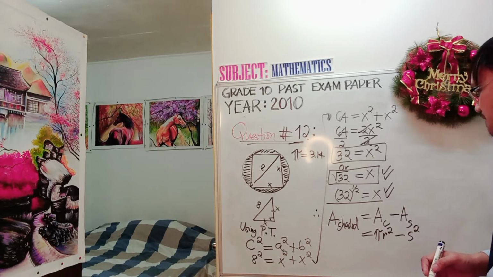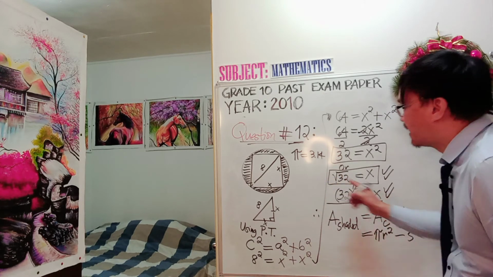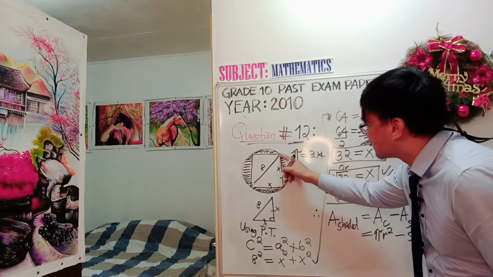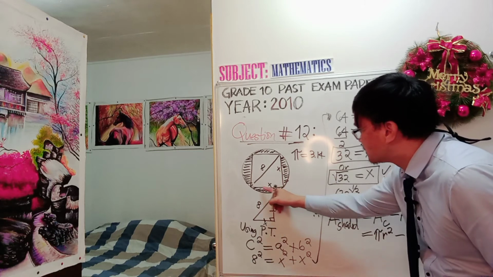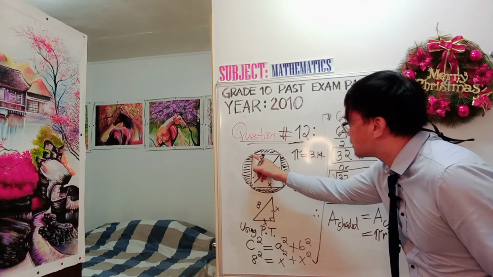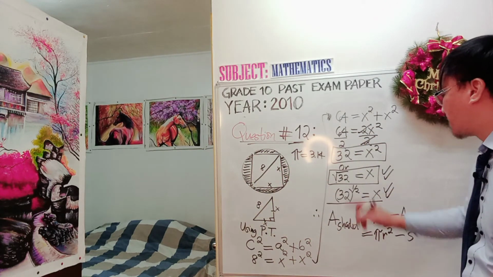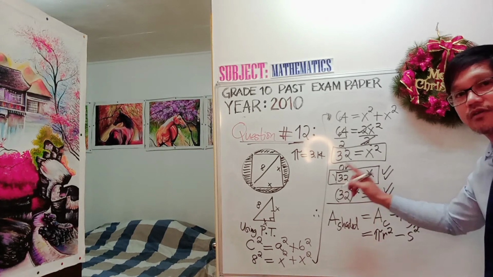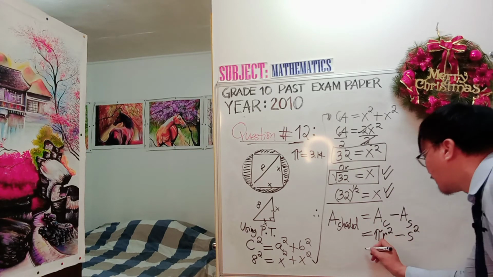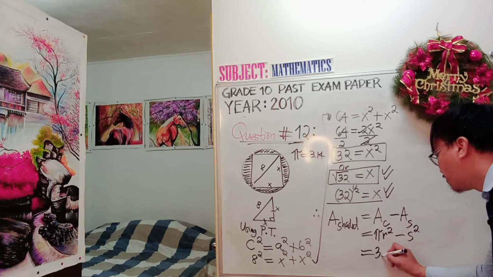Okay, the side of the square, which is the value of x: this is x, this is also x, this is also x, this is also x, and the value is 32 to the power of 1/2, or the square root of 32. Now let's substitute. Our value of pi is 3.14